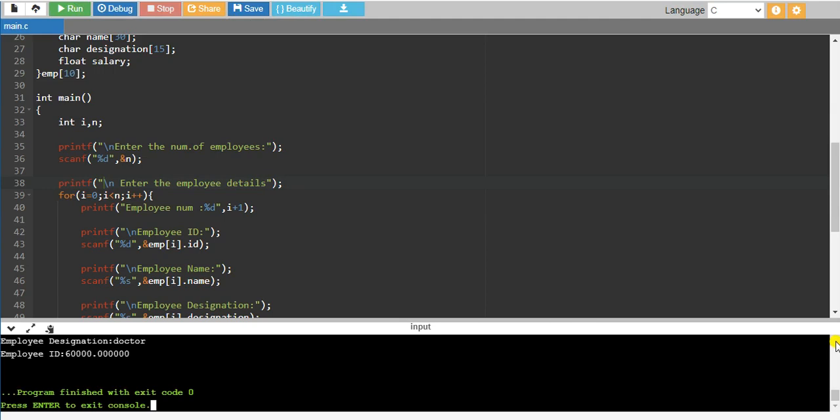After entering those two employee details, hit the enter button, then you will get the employee details like this. Employee number 1, this you had entered, right? After that, employee details are: employee number 1, employee ID is 101, name is XYZ, and designation is engineer. Then salary is 50,000. Then employee number 2, ID is 102, employee name is PQR, employee designation is doctor, and employee salary is